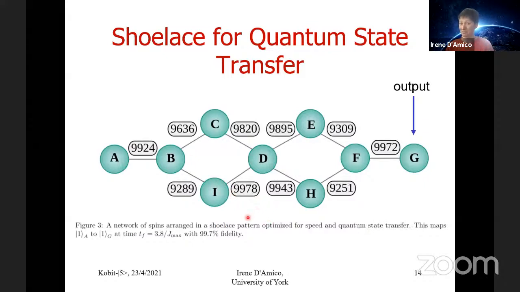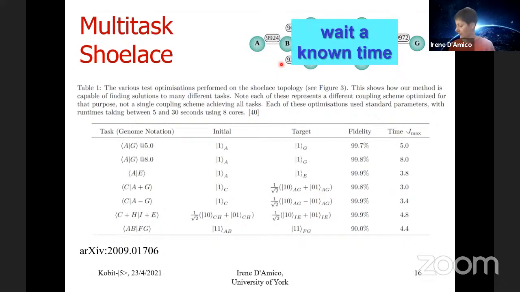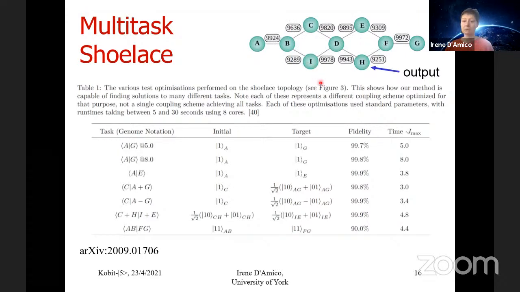It's not a given that your network can perform the task you want, of course. It can be performed with the couplings shown here on the links, and in a pretty short time with 99.7 fidelity. However, we wanted more, of course, and so we decided to take the same network, but actually ask it to perform all sorts of tasks. Again, the idea is that we input in one or more qubits, we wait a known time, and we get our output in one or more known qubits. And then we have asked a whole sort of